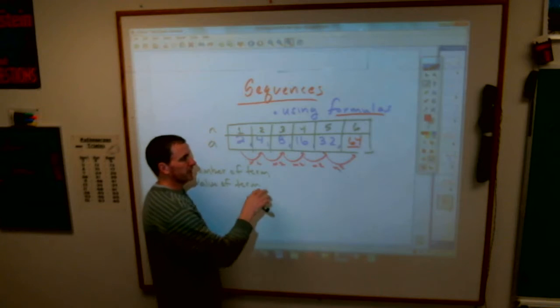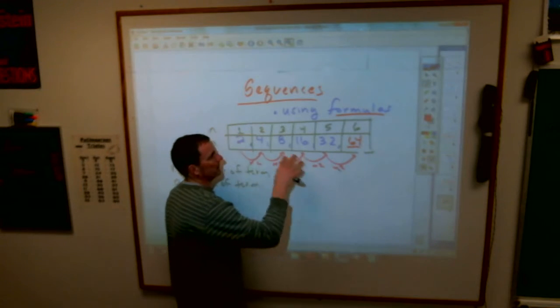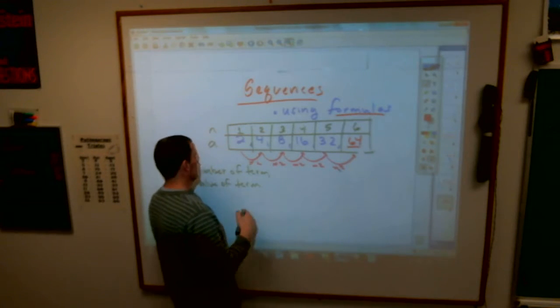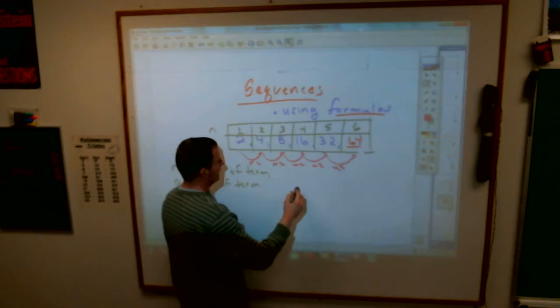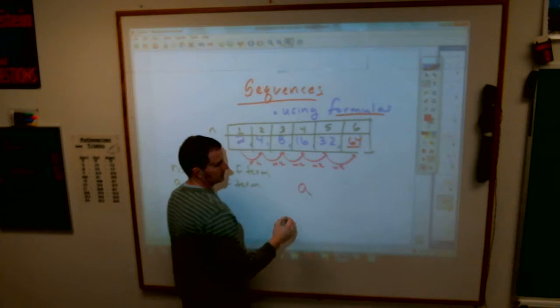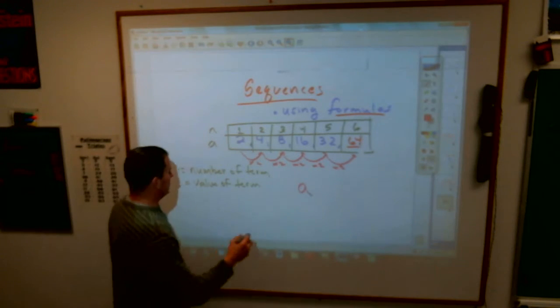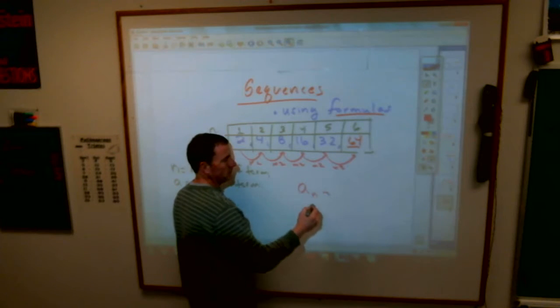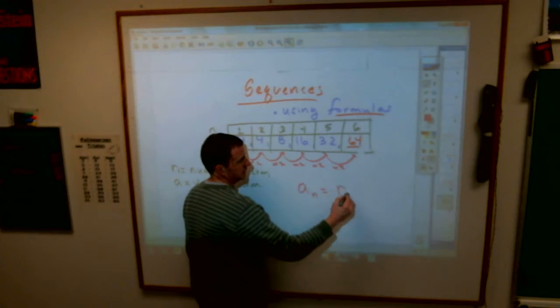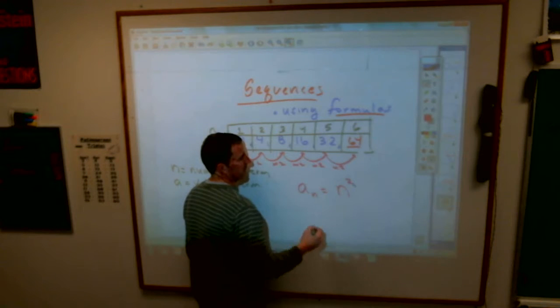In your formula, it's actually an exponent. In other words, the formula for this is A sub n equals